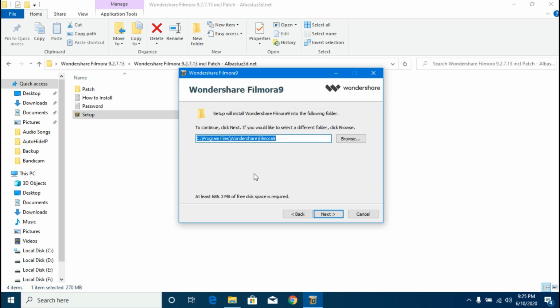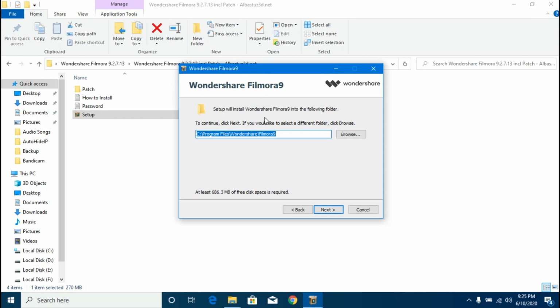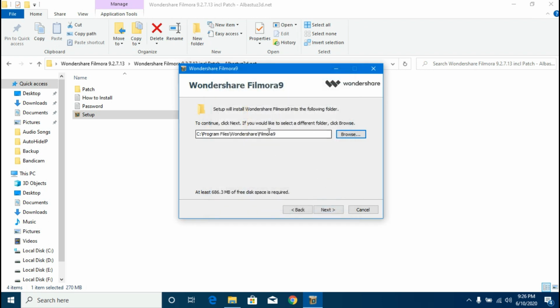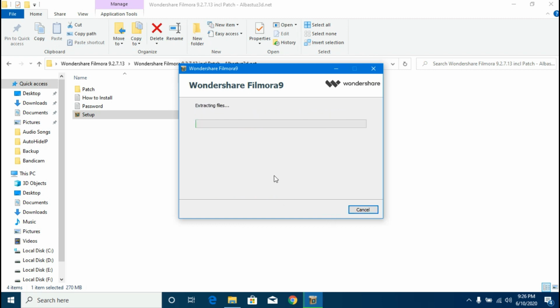And now you can see it is asking me for the directory. Let me tell you one thing, that it would be a patched version, so you must remember the directory where you are saving the file. I'll be using the default directory, but if you are saving it to somewhere else like D drive or any other folder, you must remember the directory and just press OK. I'll just cancel it and I will use the default directory. The reason I will tell you later when I patch it. Just press next. Now you can see that the program is being installed.